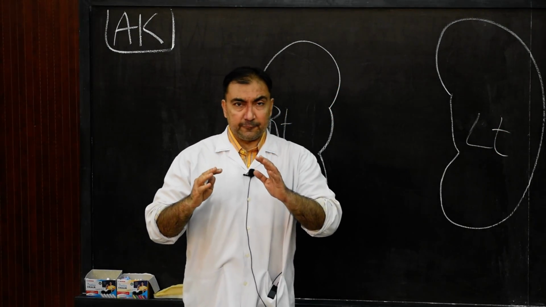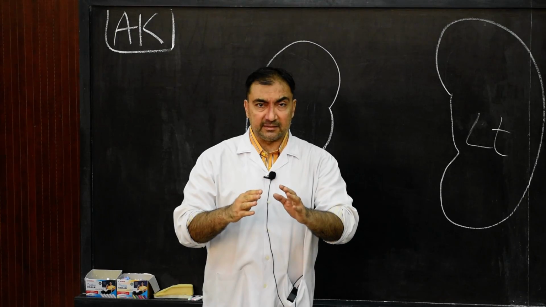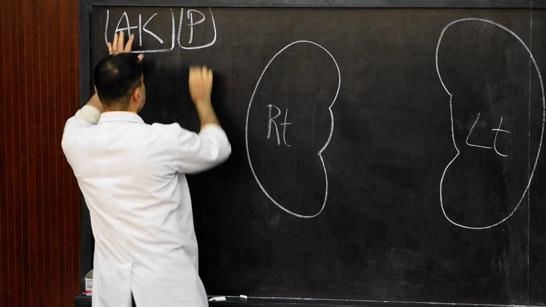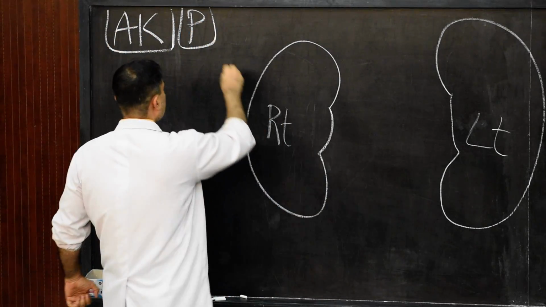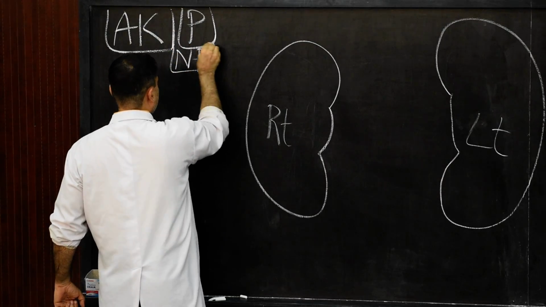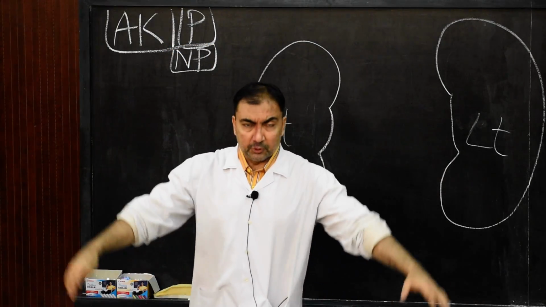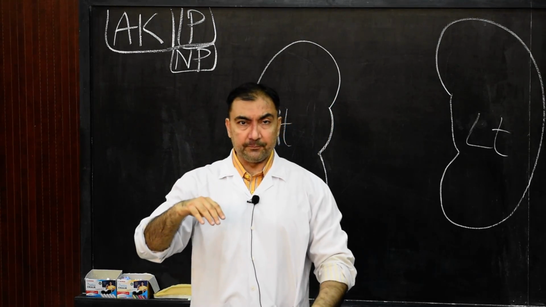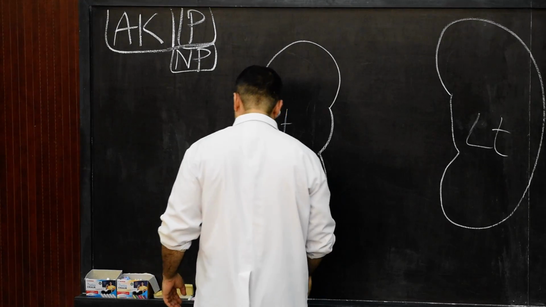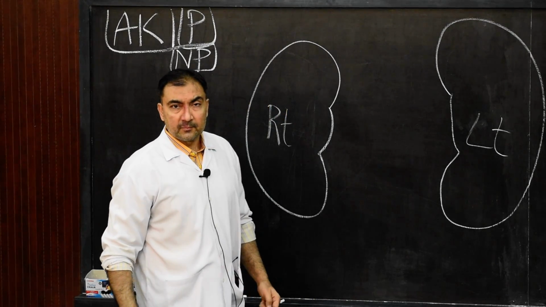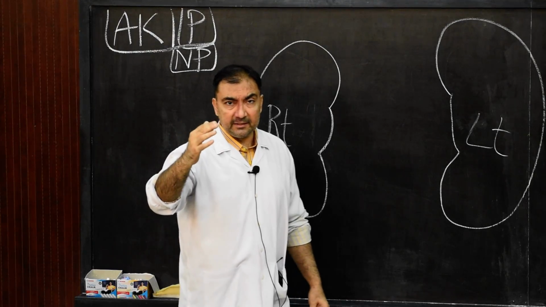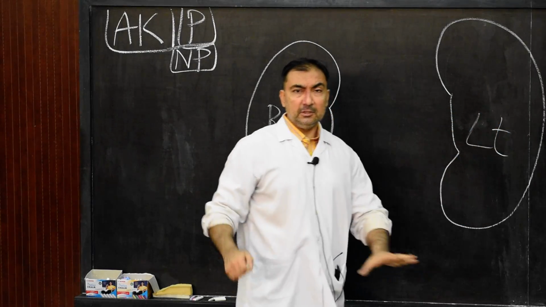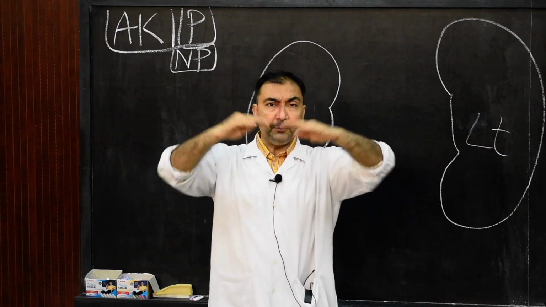Now the entire posterior surface of both the kidneys will be non-peritoneal. So remember, in the anatomy of kidneys, the posterior surface will be non-peritoneal. This is one point. Second point, the posterior surface of both the kidneys will be divided into upper part and lower part. Now the posterior surface of both the kidneys, we are going to draw simultaneously, right and left. I hope this is also visible here. So right and left kidneys, both posterior surface, upper part.